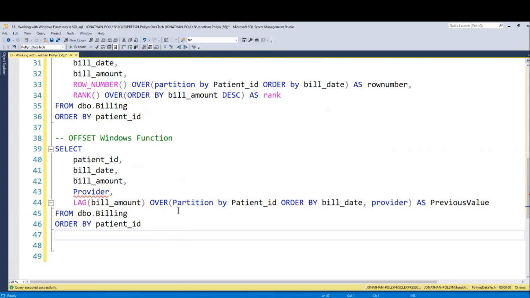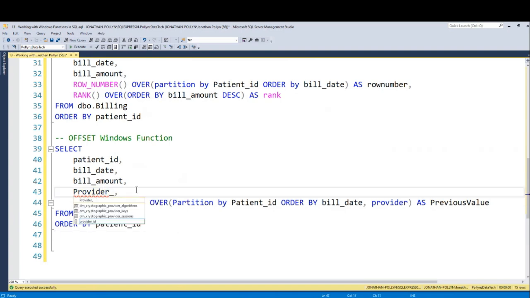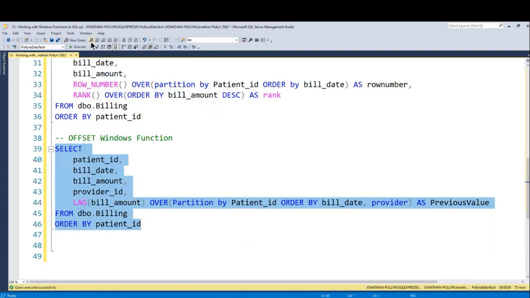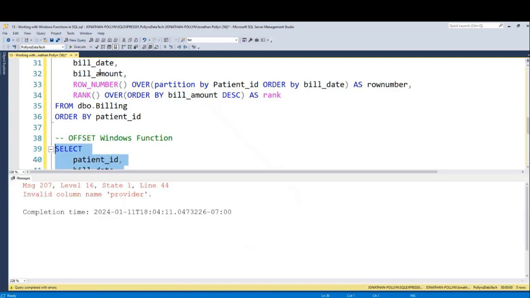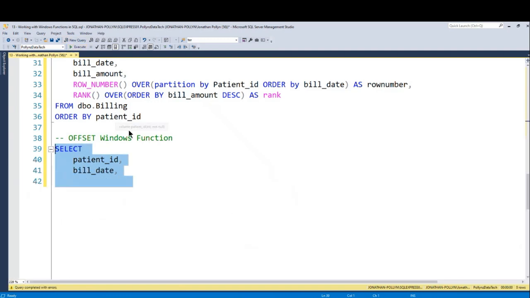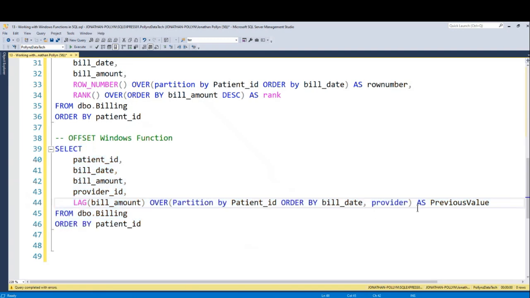We didn't spell, oh, it is called provider ID. Now we should be good. Provider ID, not provider. We don't have anything called provider. We have provider ID. So now if I run it,